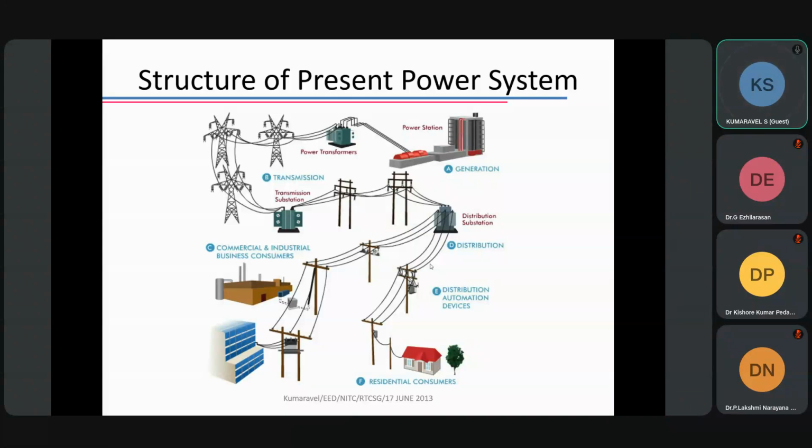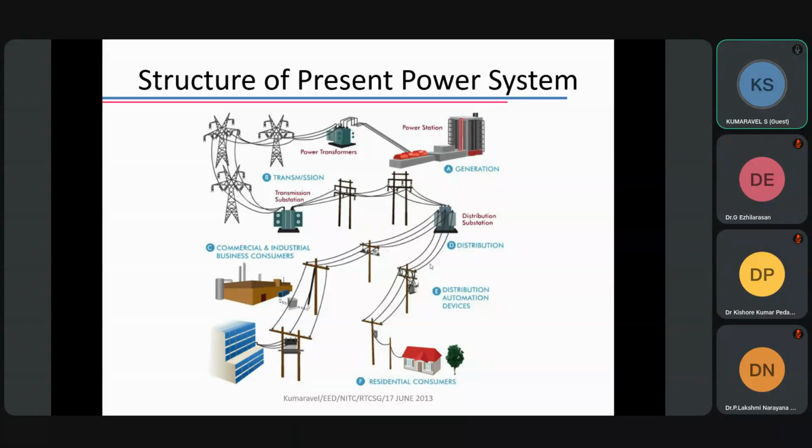On the other side, as I said, the transmission system is being replaced by HVDC, and wireless transmission is also getting much attraction today. Today, the distance between a primary coil and a secondary coil may be a few millimeters to centimeters. Maybe in another few years, like the technology developed in the communication sector, similar wireless power transfer will come to electrical. By then, transmission wires may not be there. Along with HVDC, wireless transmission also plays a major role.